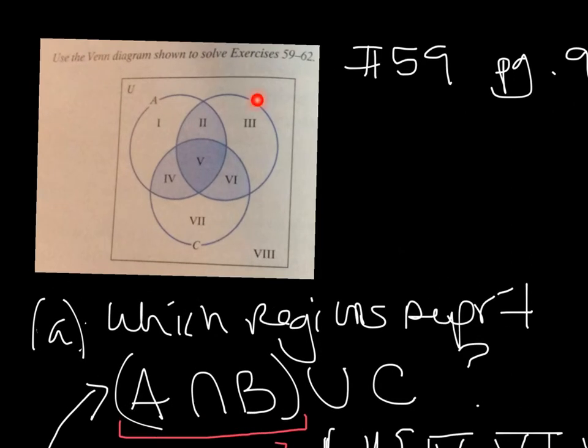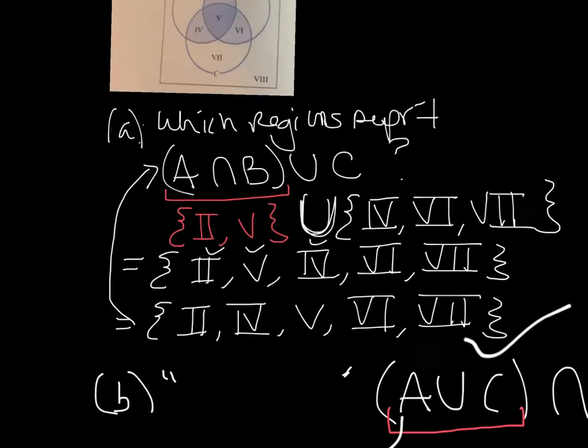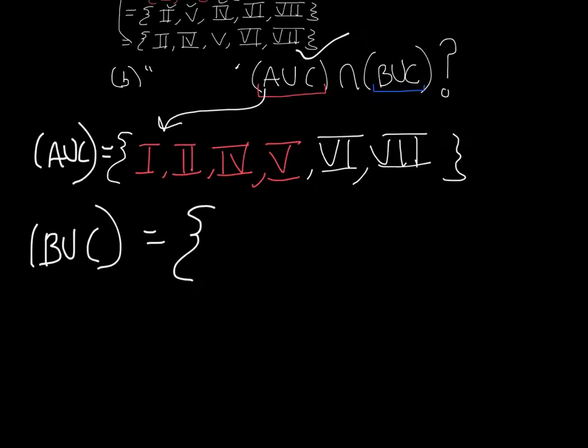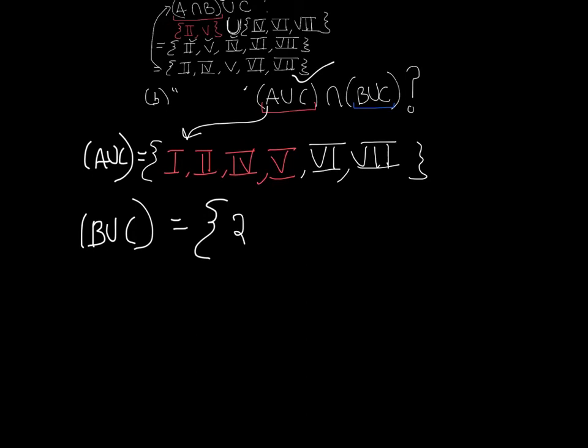Everything inside of B, so 2, 3, 4, and 5. So I go back down, and then I write 2, 3, 4, and 5. And I'm unioning